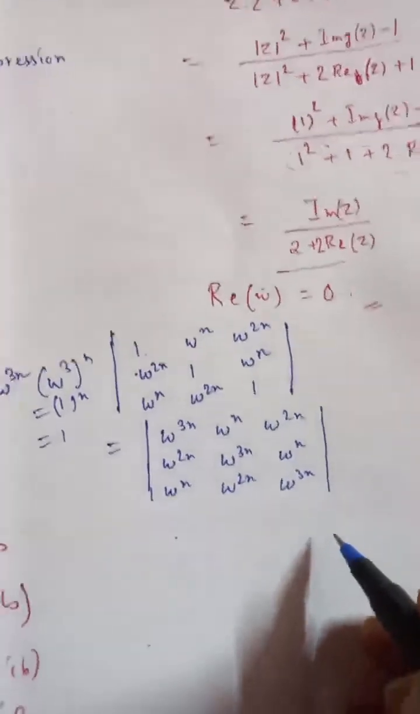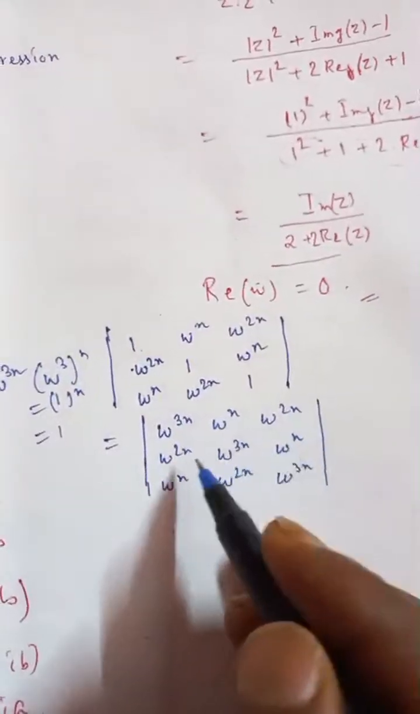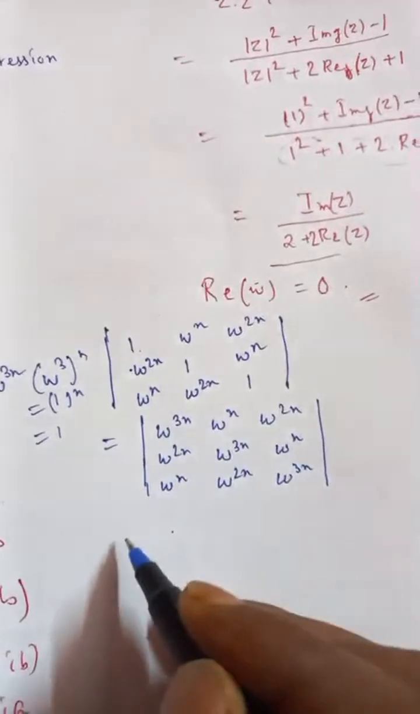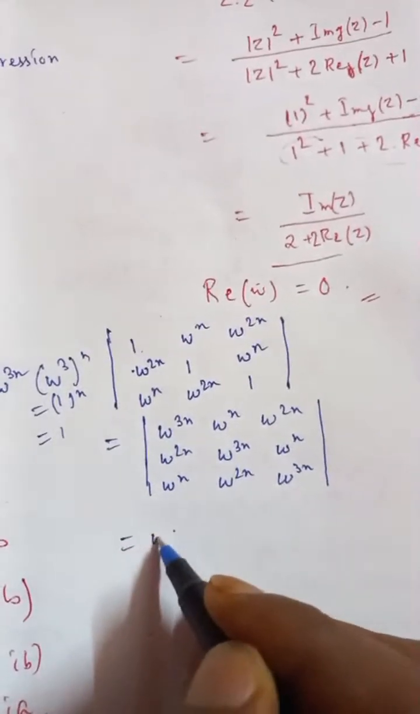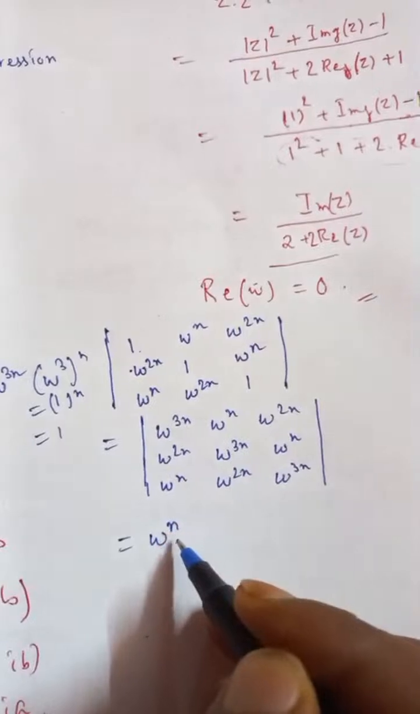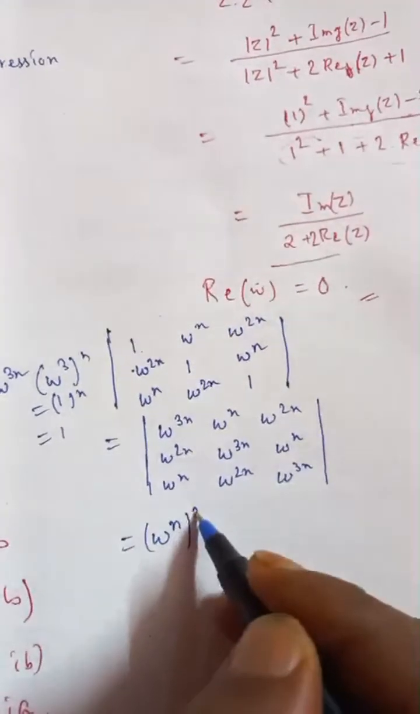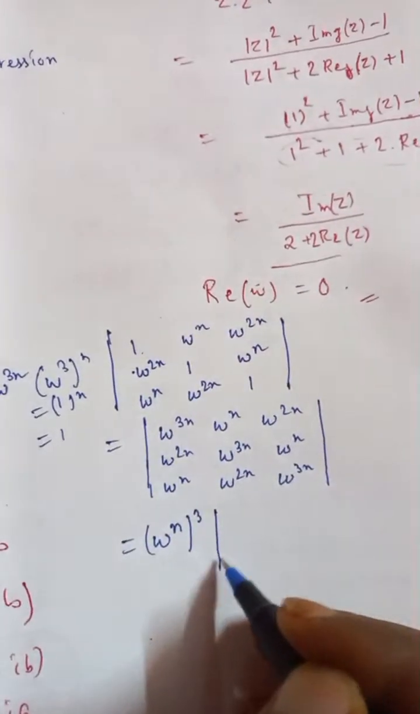Now we will take common omega n from all the groups, and it will be omega n whole cube, and the remaining are